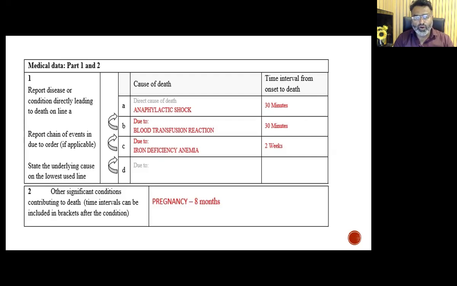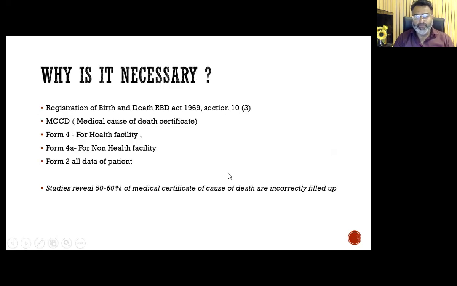Why did the death occur? This form answers only one question. What was the cause of death? They are not interested in the medical history. Because what happens with this form is, once you fill it, it goes to the local civic authorities. And these local civic authorities send this form to the state authority where there are coders, medical coders, and they put a code to each of the causes of death, and this goes to our national